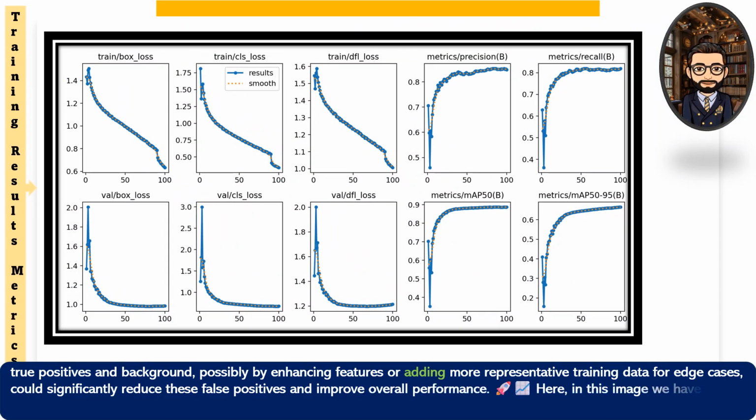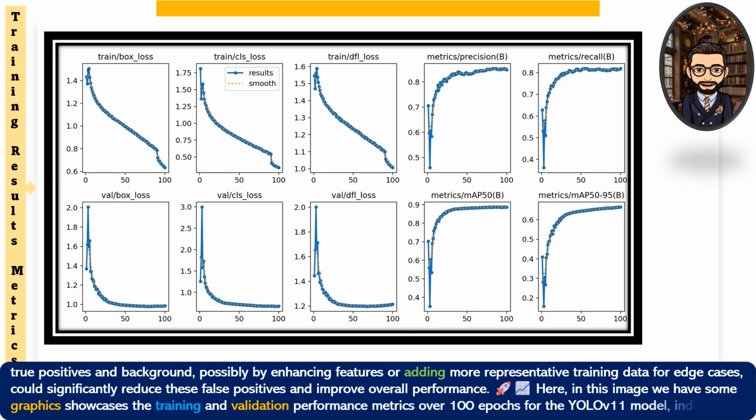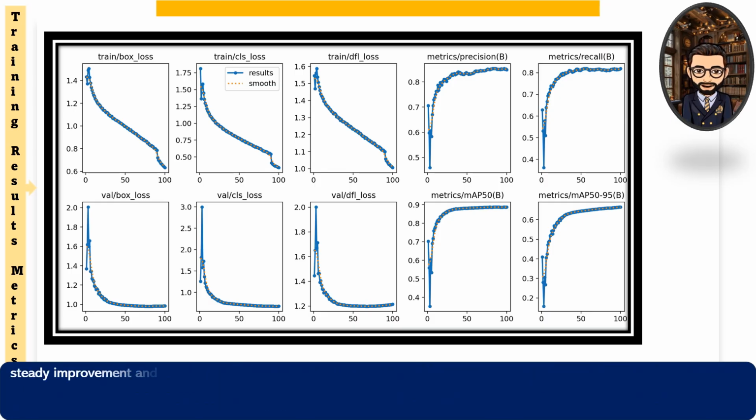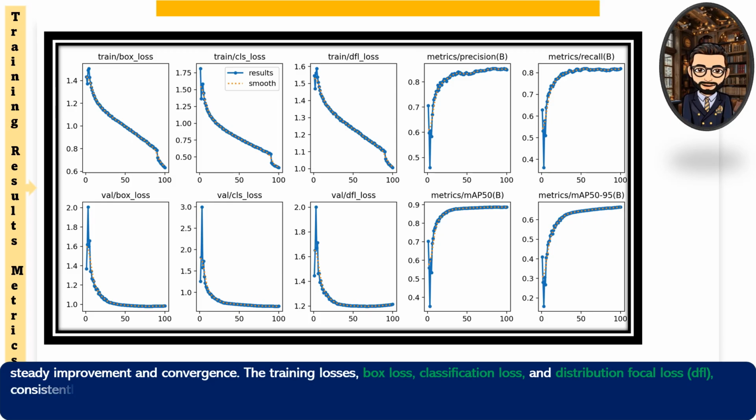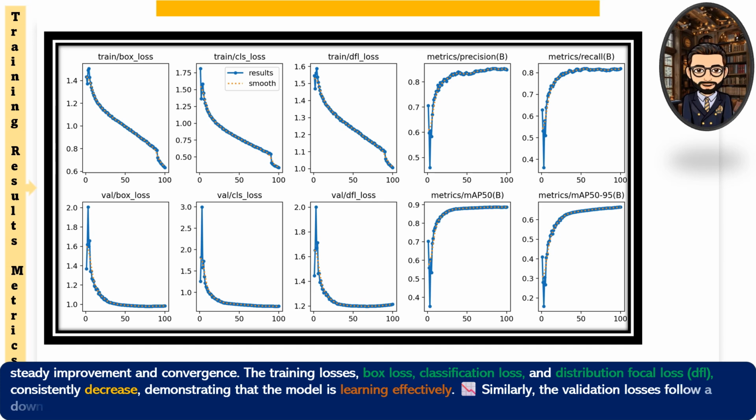Here, in this image, we have some graphics showcasing the training and validation performance metrics over 100 epochs for the YOLOv11 model, indicating steady improvement and convergence. The training losses, box loss, classification loss, and distribution focal loss consistently decrease, demonstrating that the model is learning effectively. Similarly, the validation losses follow a downward trend, although they remain slightly higher than the training losses, which suggests good